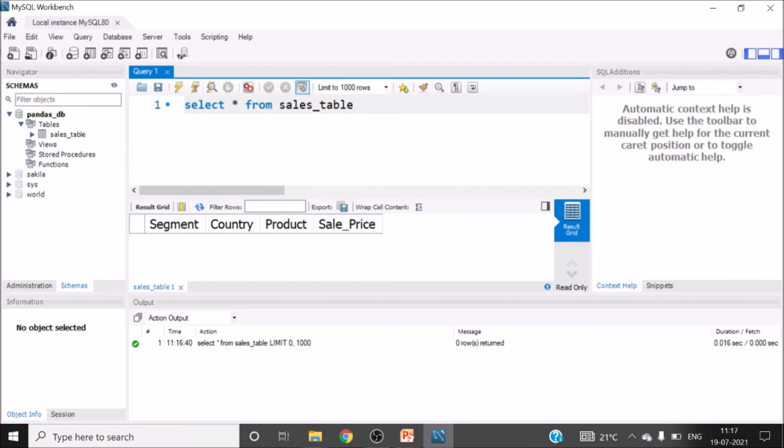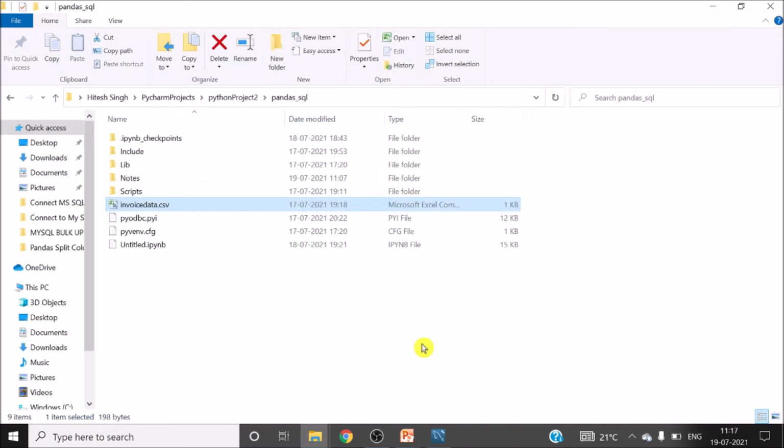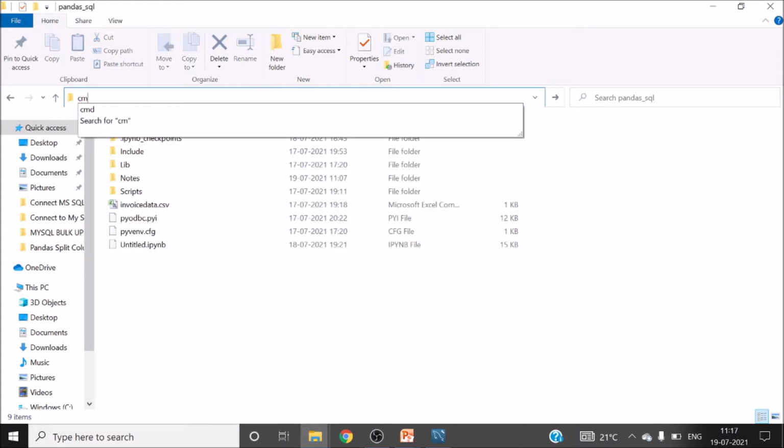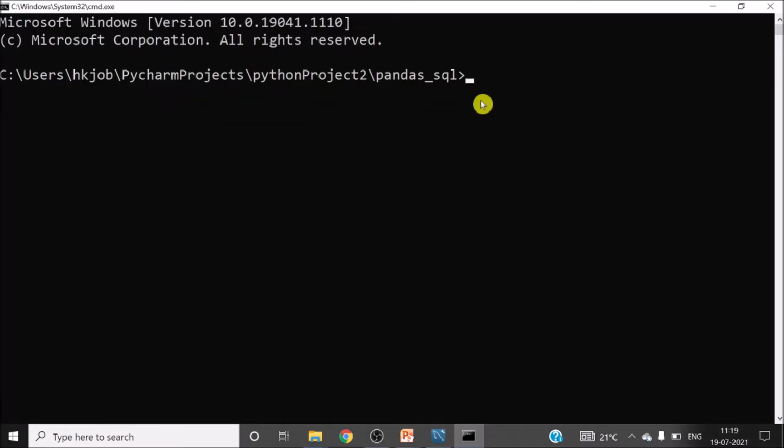Let me go back to my project folder. Let me start Jupyter Notebook. Select path, CMD, enter. I am doing it in Jupyter Notebook. If you want, you can write the same code in Python or any other editor.